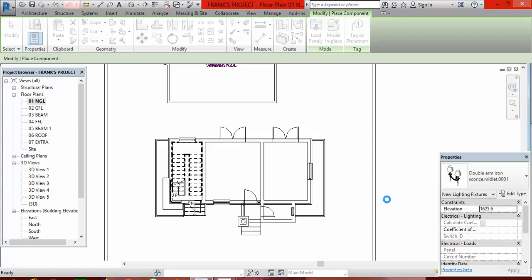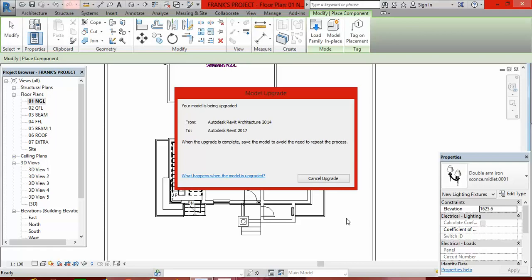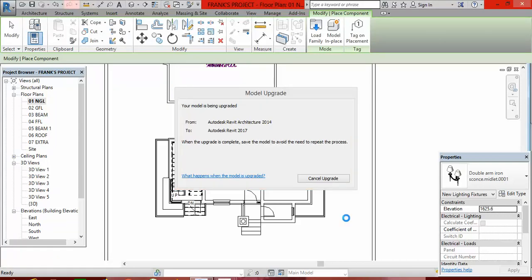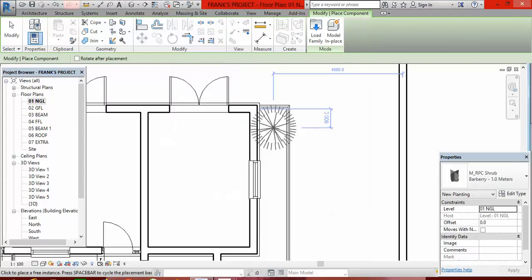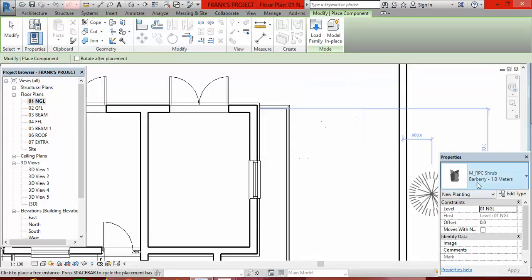It is trying to update. Okay, we have already a flower there. So the name of this flower is barberry, and the height of this flower is